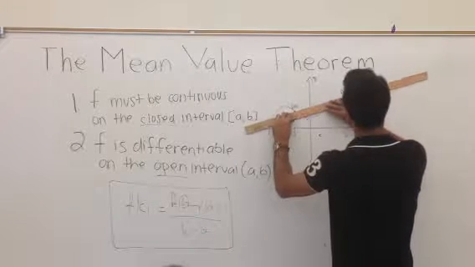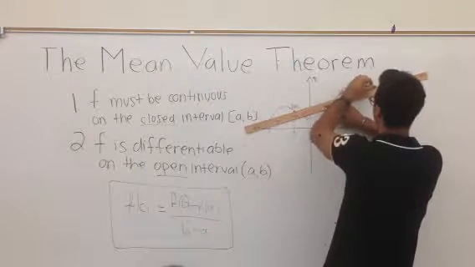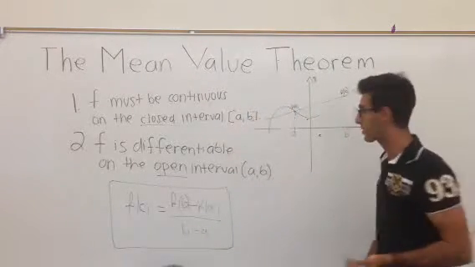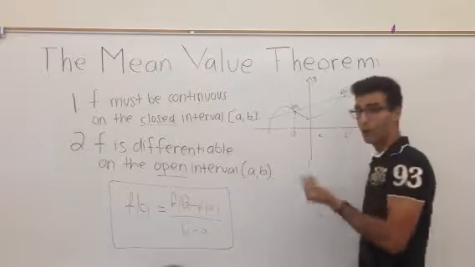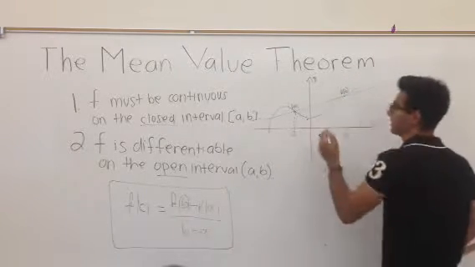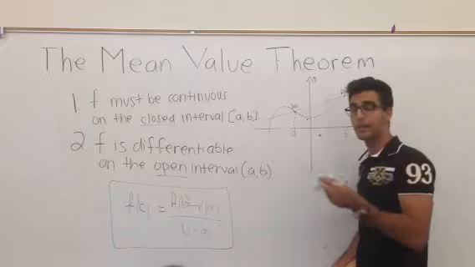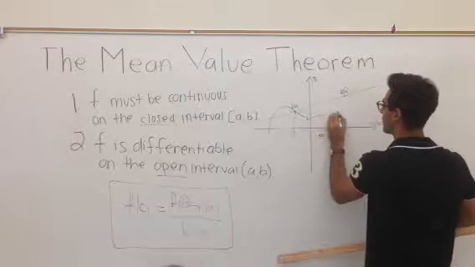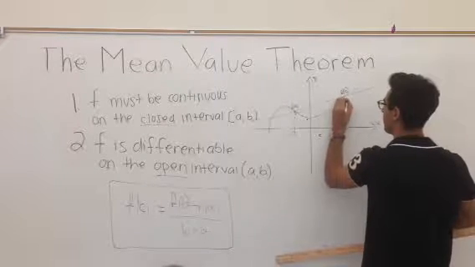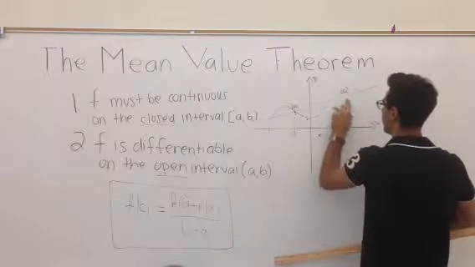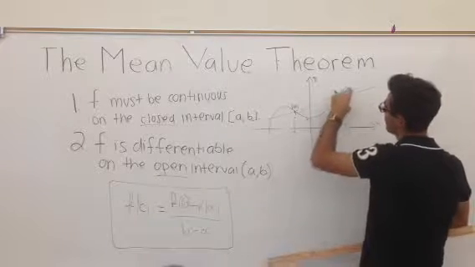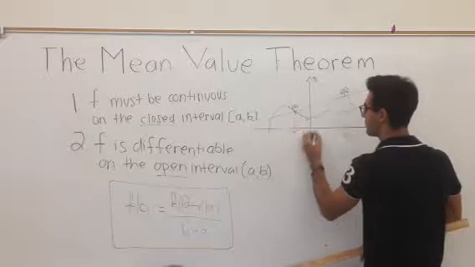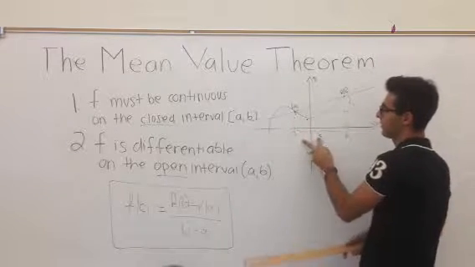I would get the average slope between these two points of the function, between a and b. How do I get the average slope? The slope is nothing else than rise over run. So if I make a line until here, and I take this difference, I get my rise,